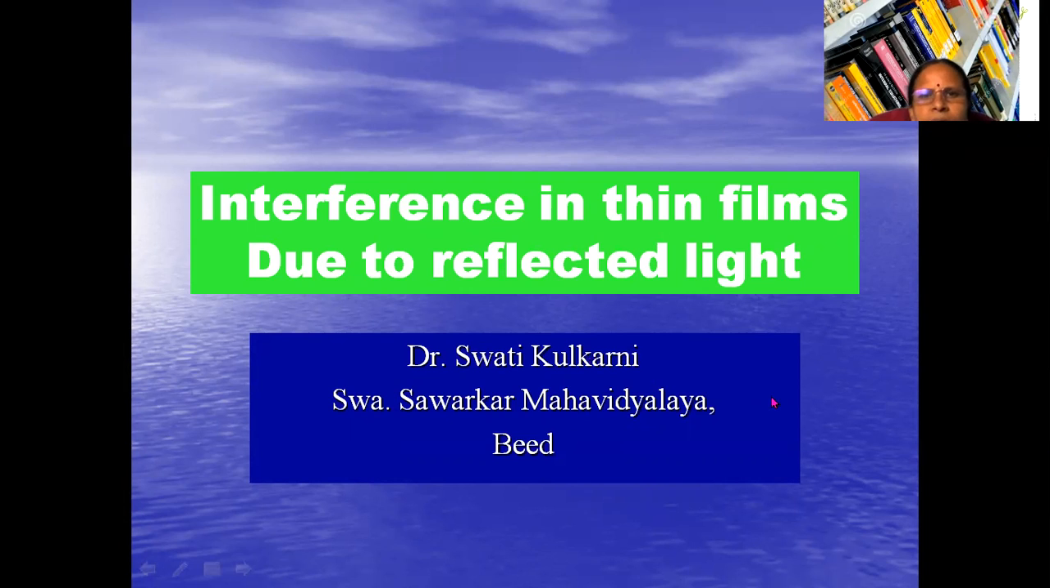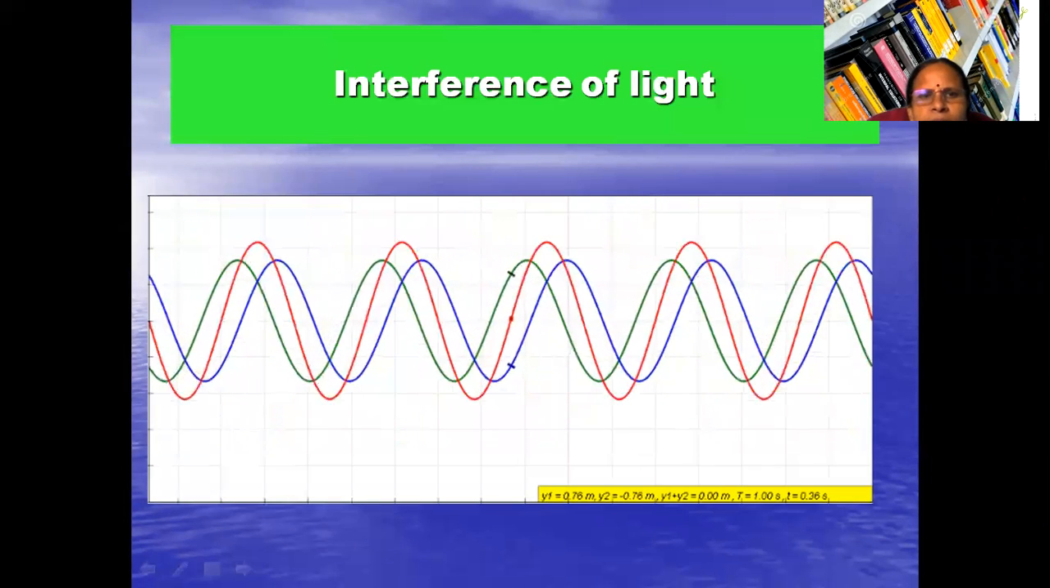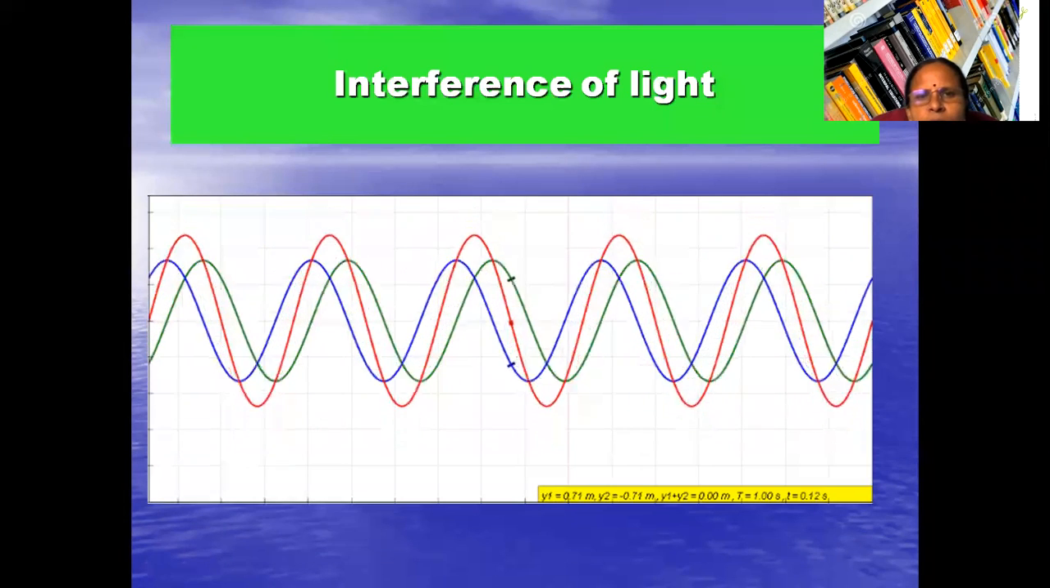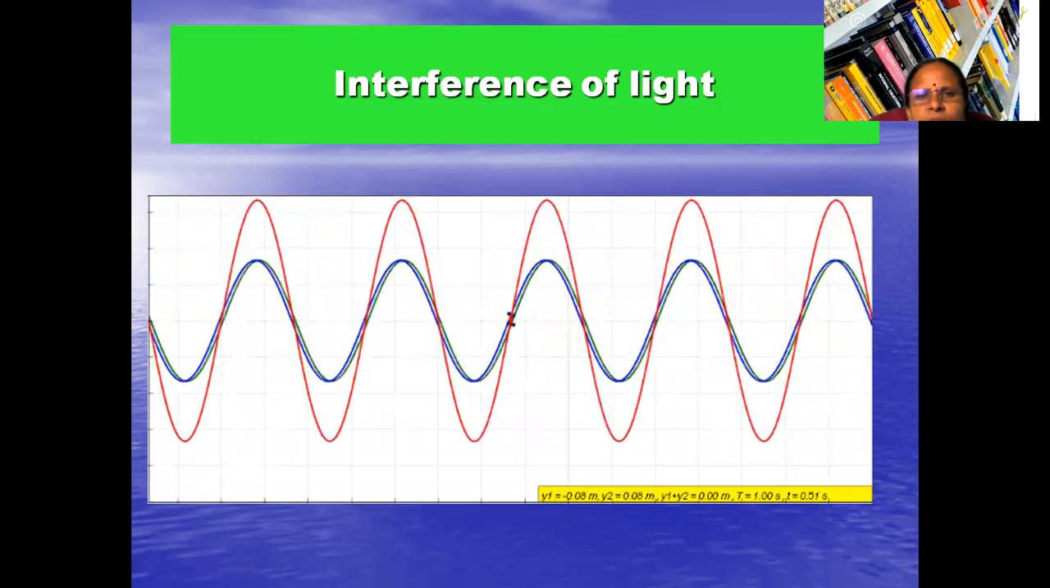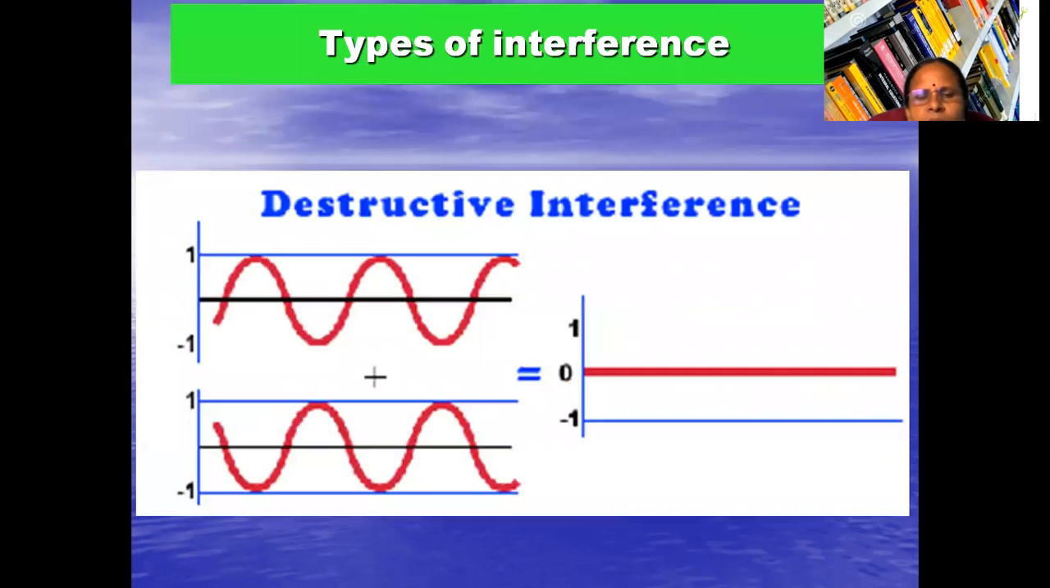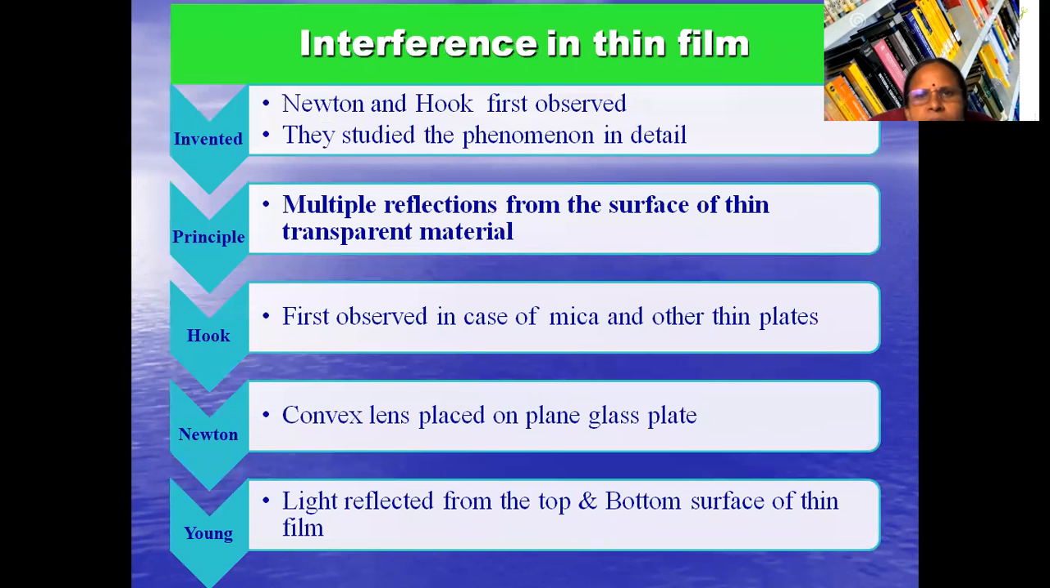Good morning. Interference in thin film due to reflected light we are going to consider today. We have seen that whenever two or more waves travel with each other or along the same path, then they will interfere with each other to form constructive interference or destructive interference. And in thin film, the principle behind the interference is the multiple reflections from the surface of thin transparent